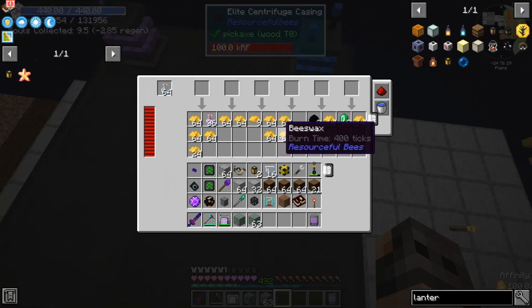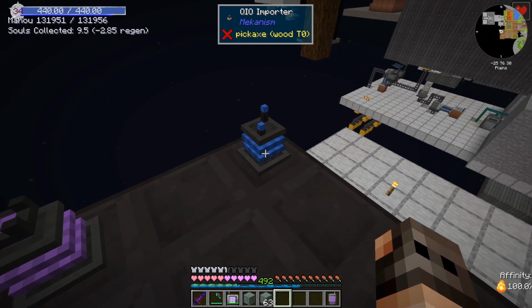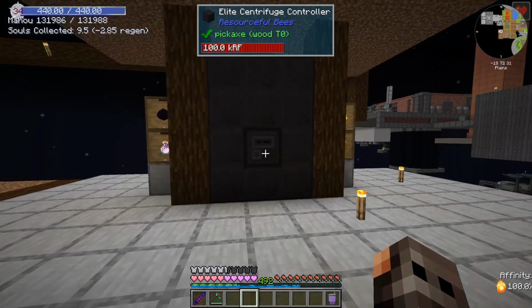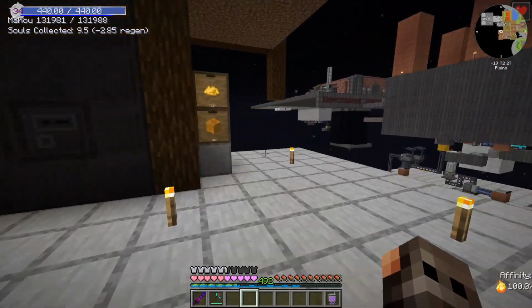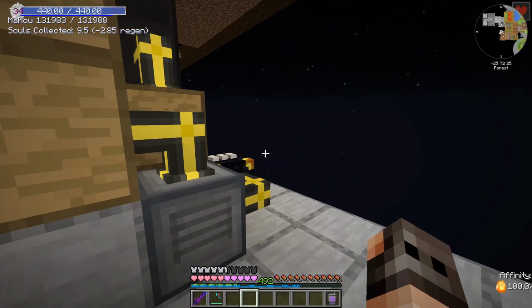Another thing that I'm doing is that we're getting emerald ore and I'm importing it into our QIO network for ores, so that it will be processed. I had to change the system a little bit so that it's slightly more functional. The situation with the honey blocks and honey bottles is still the same, but then I